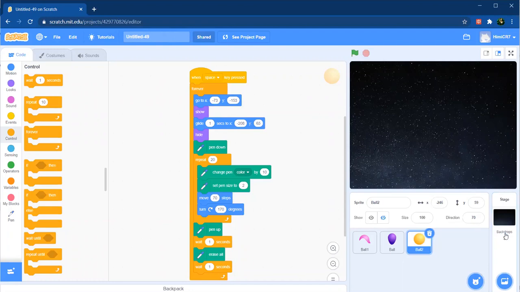After choosing the backdrop, we now have to choose the sprites and later on assign them blocks. Here I have taken three balls as my three different sprites, which are firecrackers. We can choose any object to be a firecracker as per our wish. For adding the sprite, we click on this button, and here also we get the options to either choose it from the Scratch library or upload our own.